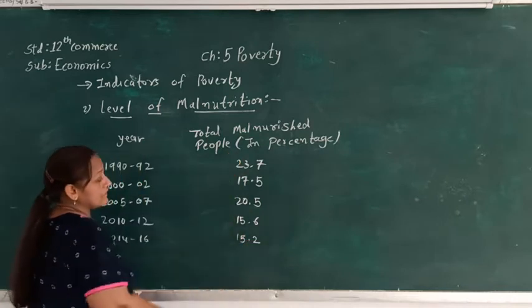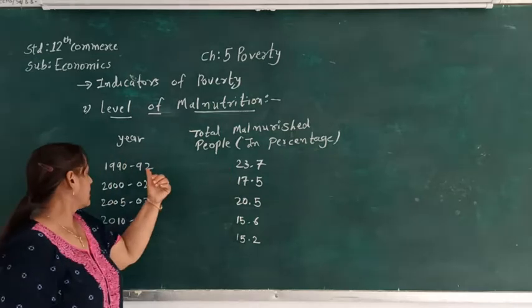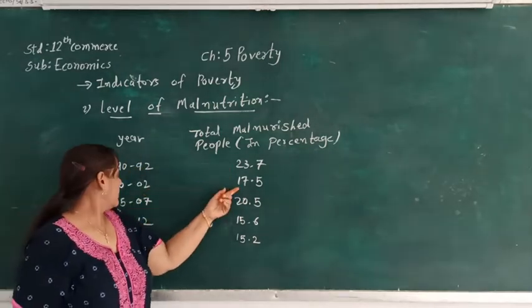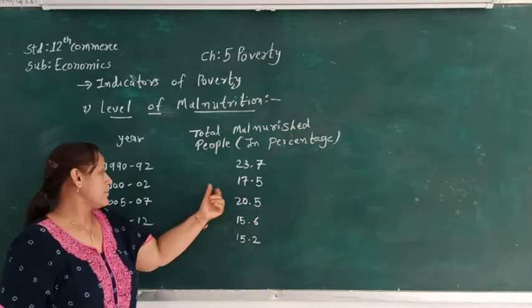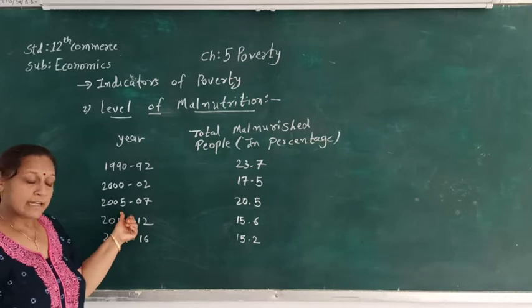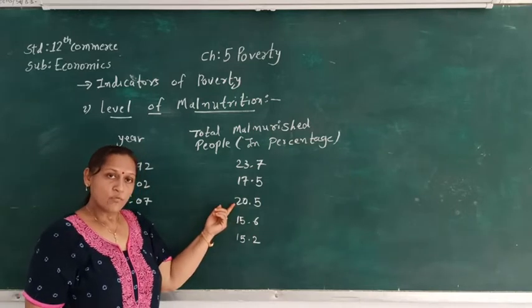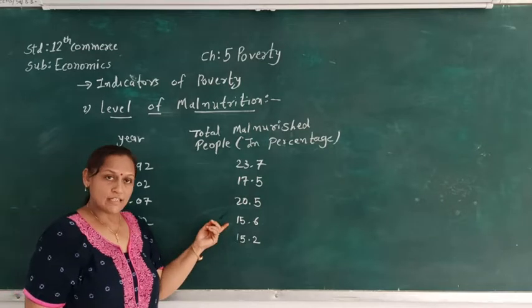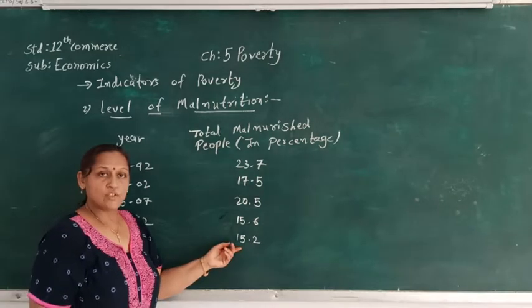So here we can see that from the total population, 23.7% was malnourished in 1992. And for 2000-2002, it was 17.5%, which increased in 2005-7 to 20.5, then in 10-12 it was 15.6%, and in 14-16 it was